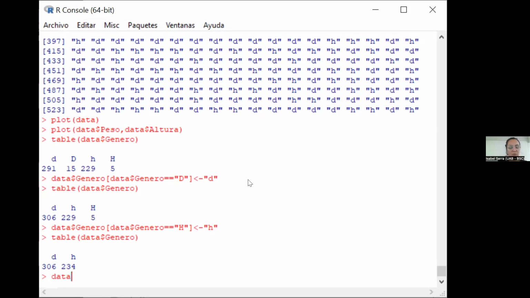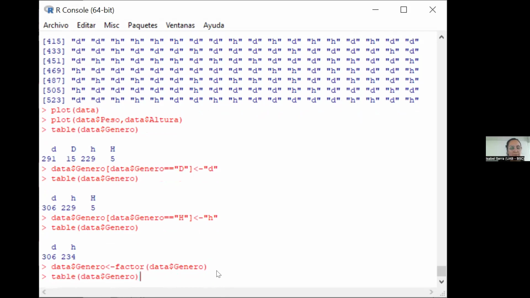If really I want my data set to recognize that género is a factor, I can do this. I can do data género, okay? I want to assign factor of data género. With the word factor, I transform the information in here with a random variable as factor, then it recognizes that each value corresponds to a value of the random variable. Then now if you do a summary,